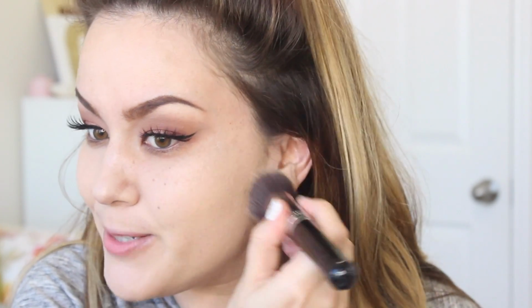And the best part is the finish is just very natural. It's not dewy, it's not matte, so it just pretty much looks like your skin, but better. And it's super comfortable to wear too. It doesn't stay tacky, it doesn't feel dry or tight on my face. It's honestly like the perfect formula. I didn't think I was gonna love it as much as I do,